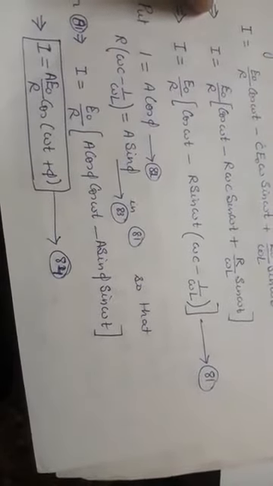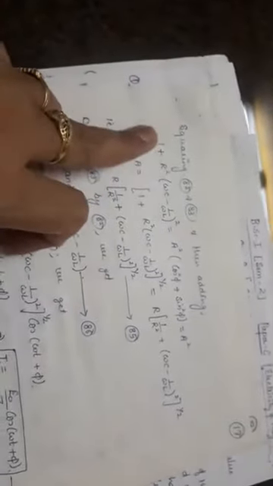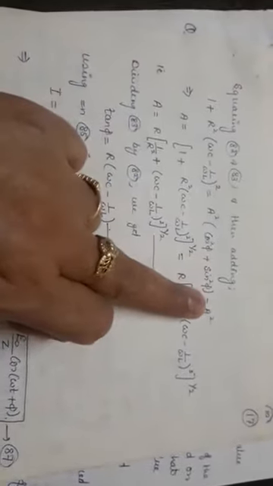So I'll get equation number 84. Now I know the current I. From this equation, I can go for squaring and adding the values of equations 82 and 83. I'll get this type of equation. On the right hand side, cos square phi plus sin square phi becomes 1, that is equal to a square. So from here I can go for a, which is coming out to be as this equation.